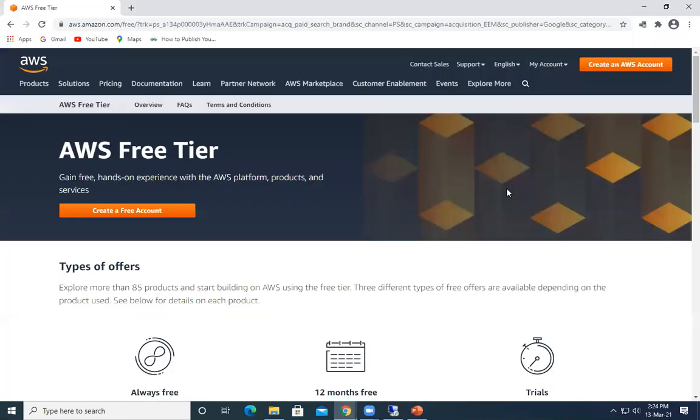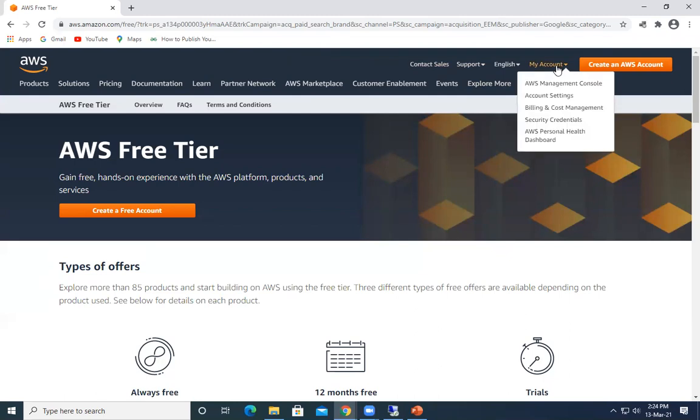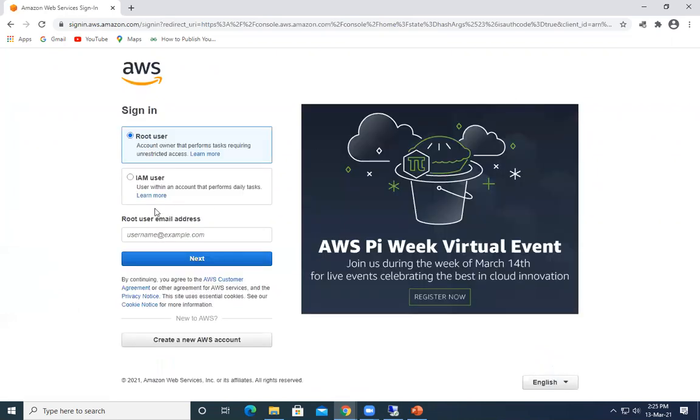So I will go to the AWS console. Let's log into the management console. We can also have different user roles defined in order to access the services. Currently I'm using a root user, but it is not recommended. We should have an IAM user depending upon the different services.